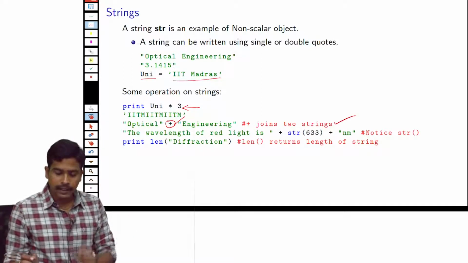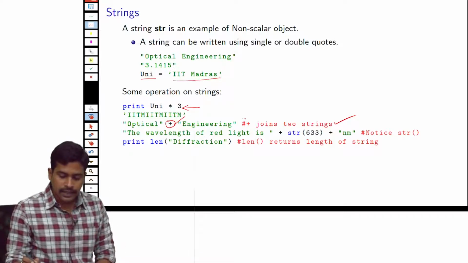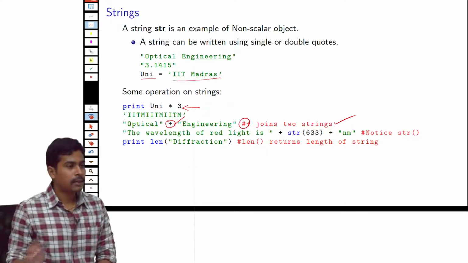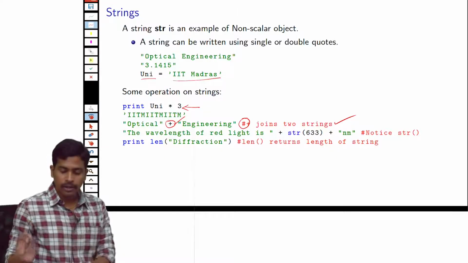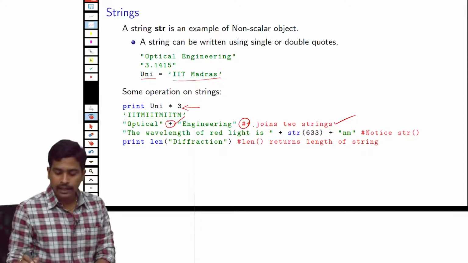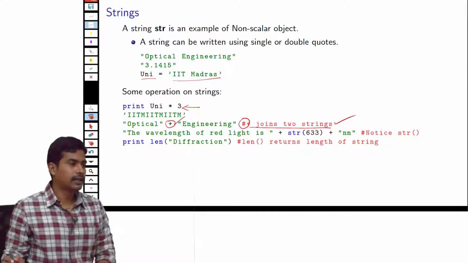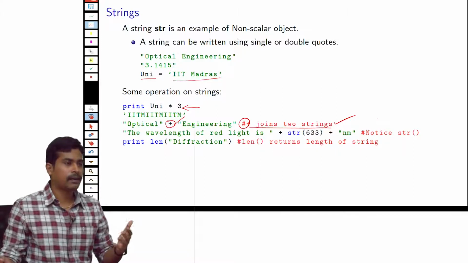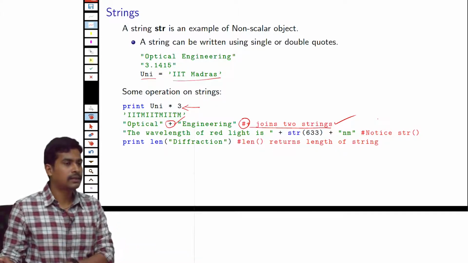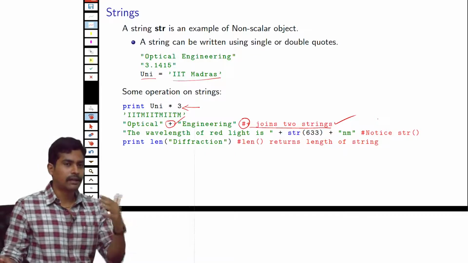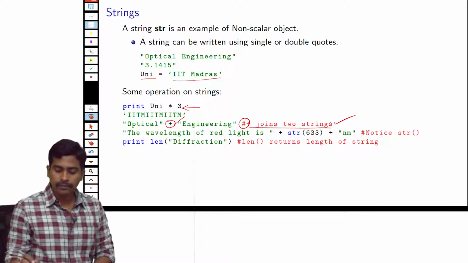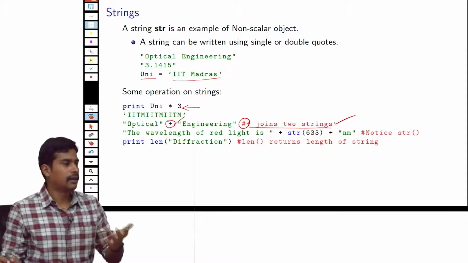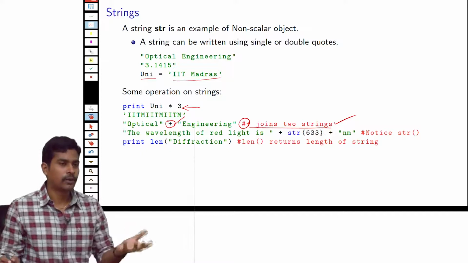Okay. So here another thing I want you to notice, this hash symbol. So in a Python program, if you want to write a comment, which should not be executed in your program, you can use this hash symbol and you can write anything after that, that will not be executed in the program. And using comments is very useful, because when you write a program and if you look at the program after a few months, you may forget what you have done with your variables or your statements. So if you use comments, you can easily find out what your program is doing.